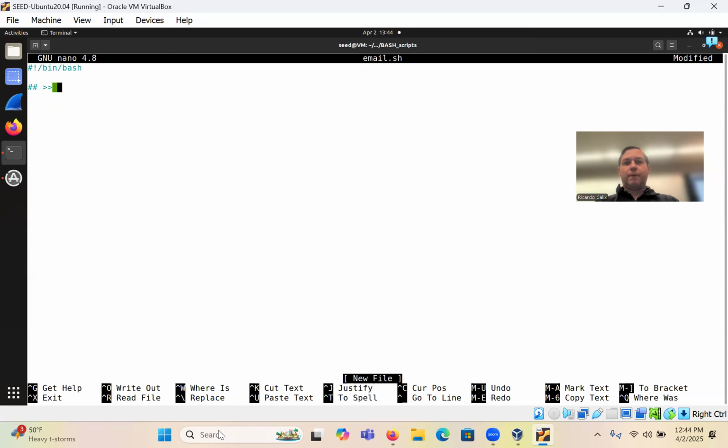On the terminal, you're going to write sudo apt-get install mailutils. And then you're also going to run on the terminal something like mail, right? And that allows you to check your mail. That's the mail program by default in your Linux system.